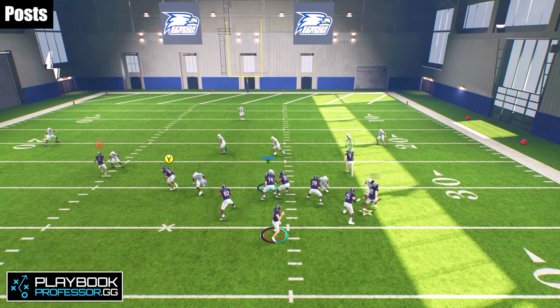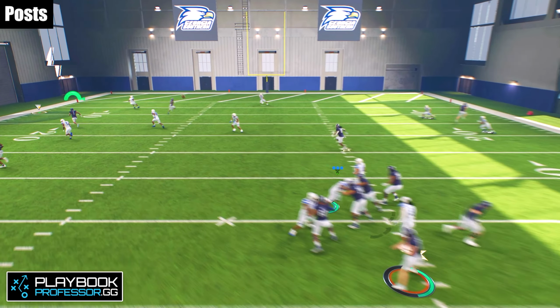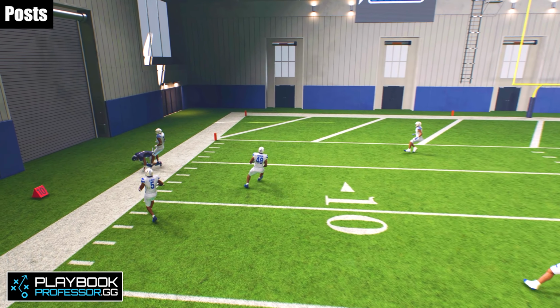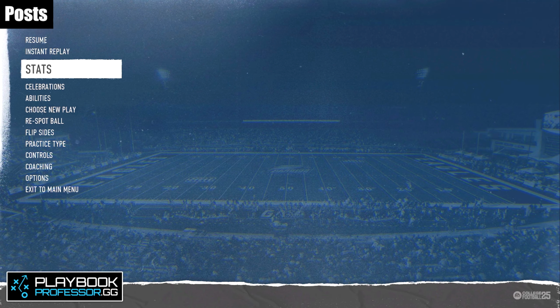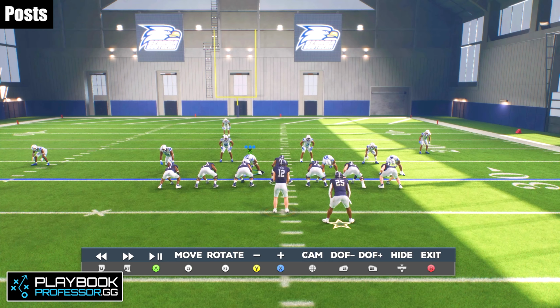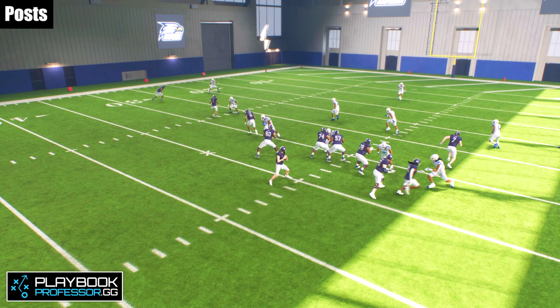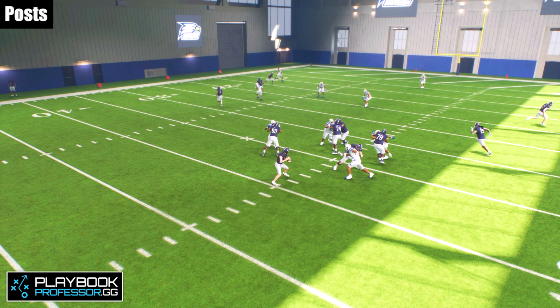And as you can expect, on the far side of the field, we are going to have our corner route wide open on the outside. Now, one minor note that you should know about is that for this pass lead, I'm actually pass leading this up and outside because it's a pretty shallow corner route. And so while on deeper corner routes, we're going to pass lead it down and outside,